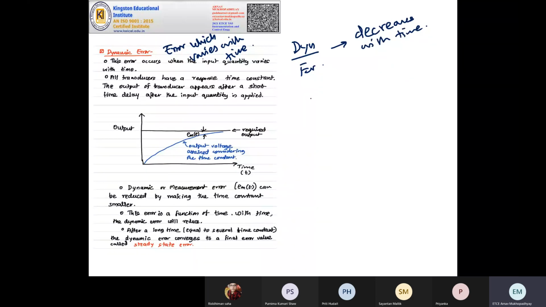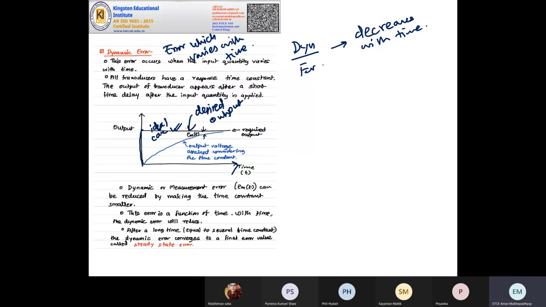What does this mean? তুমি একটা টাইম প্লট করলে, say you want to achieve this final value, the black line. In case dynamic error was not there, or in ideal case, তাহলে এটা তুমি ইমিডিয়েটলি যখন ডিজায়ার্ড একটা ভ্যালু চাইছো, ব্ল্যাক লাইনটা হচ্ছে ডিজায়ার্ড আউটপুট যেটা তুমি চাইছো।